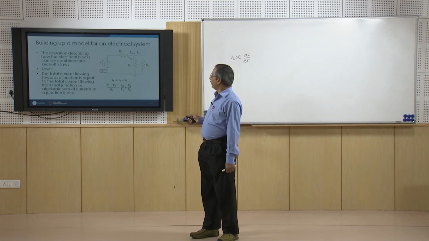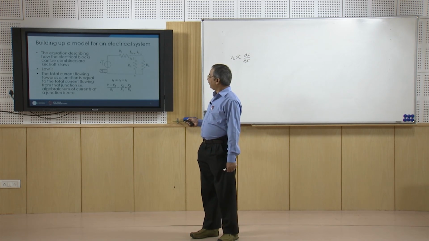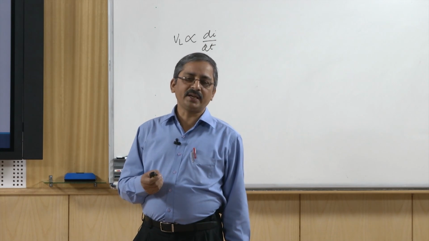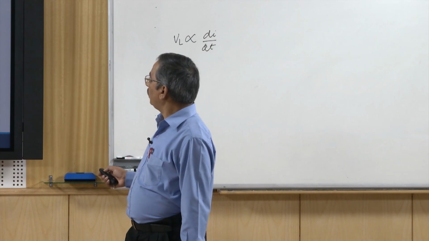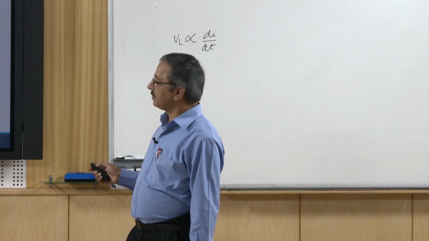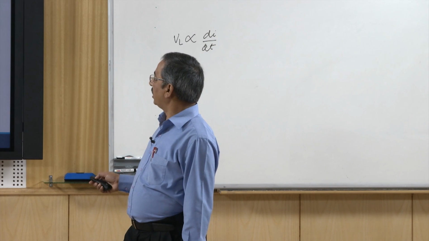The first law basically tells about the current into a junction and current out from a junction. So, if we look at this simple electrical circuit where you have an applied voltage source, say of V,